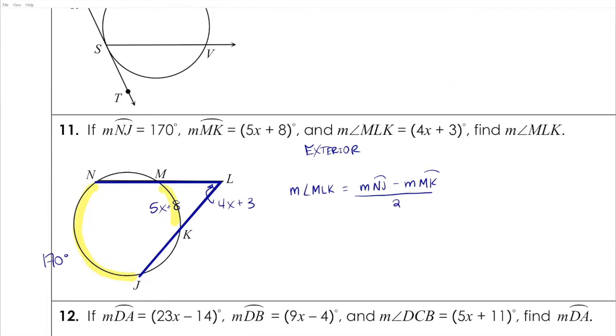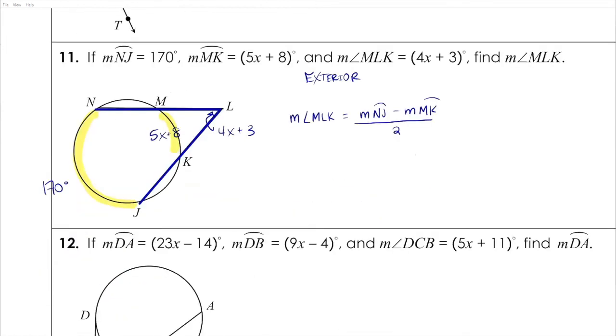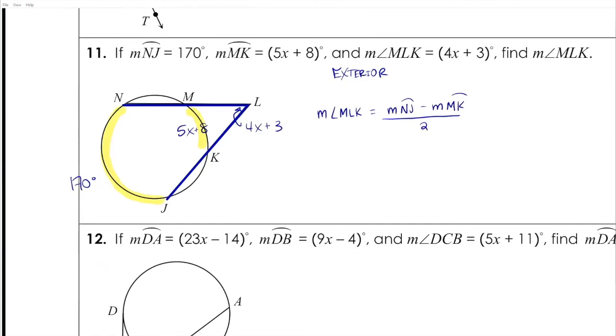Decimals aren't a great sign. So we substitute what we know. MLK, 4x plus 3